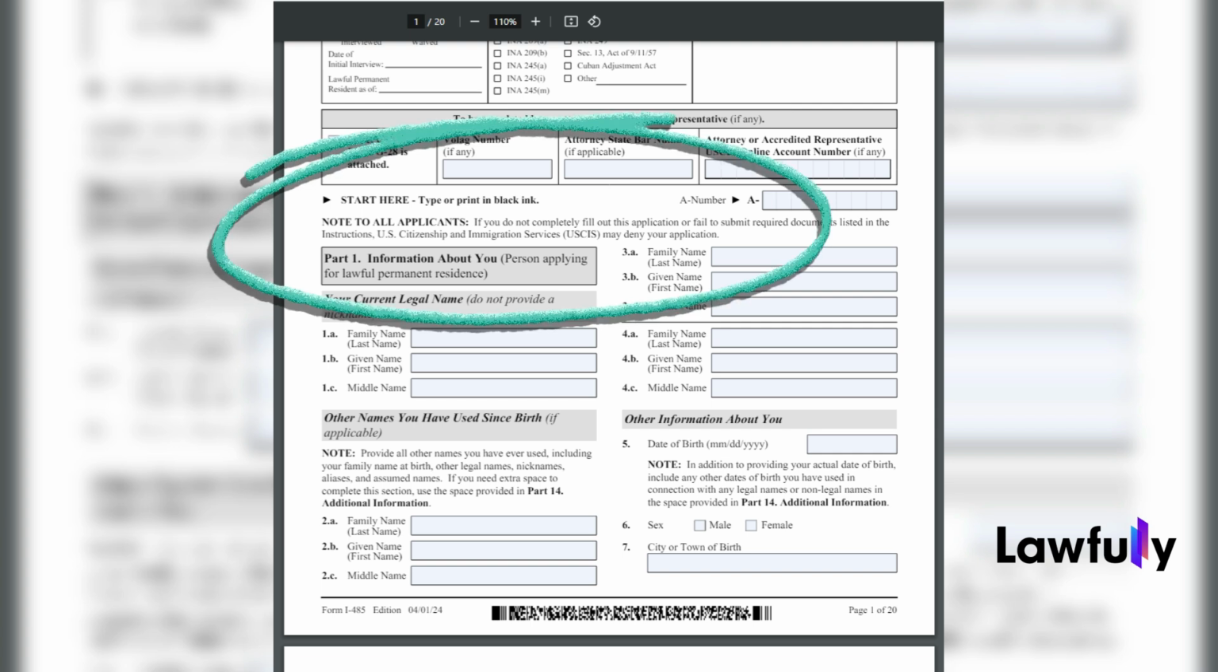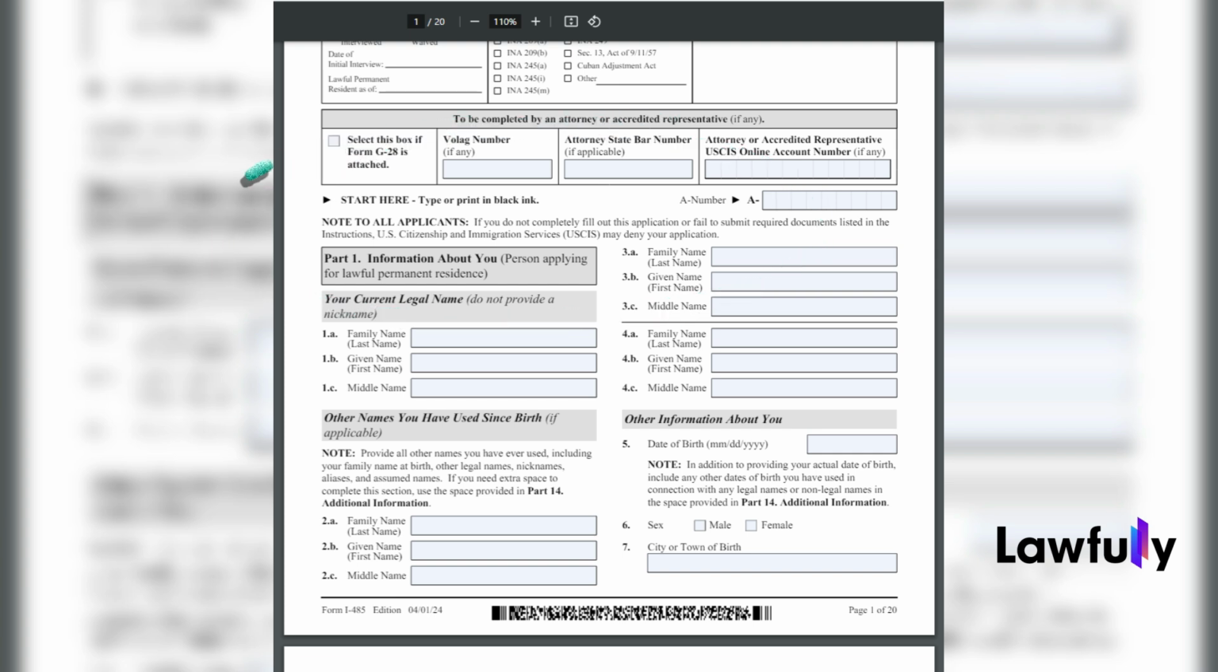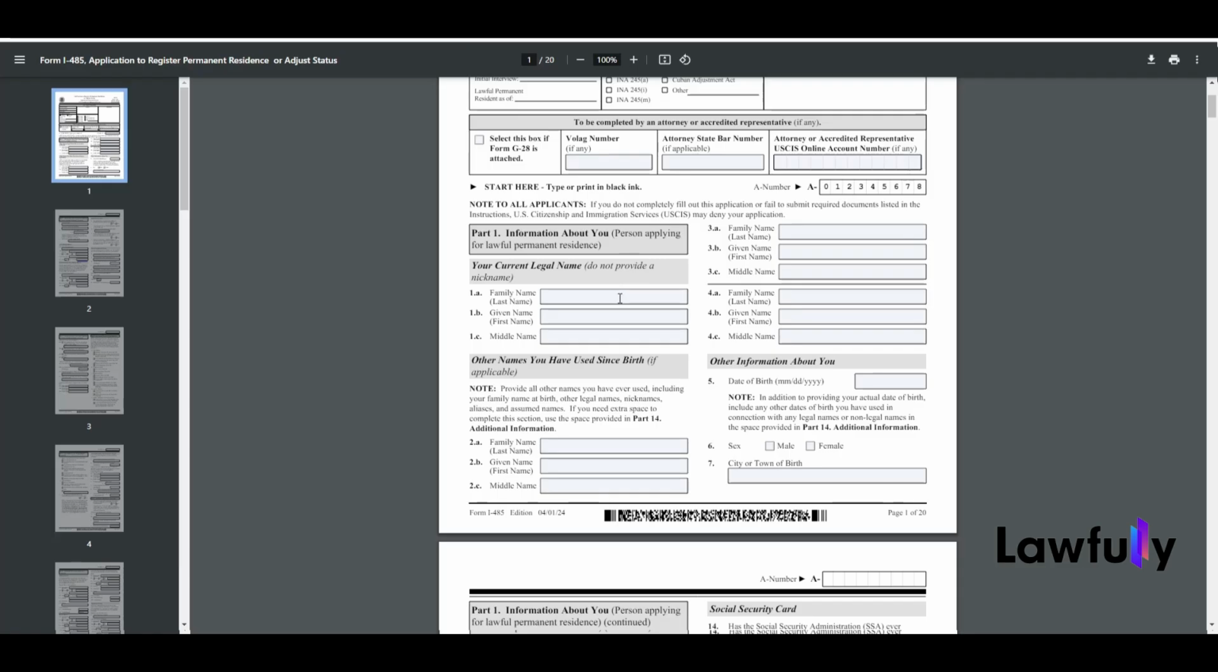Please read all the notes that you may find in the pages as they usually provide different information about the parts. This one says, "Note to all applicants. If you do not completely fill out this application or fail to submit required documents listed in the instructions, USCIS may deny your application." The first part of the application is all about you, the person applying for lawful permanent